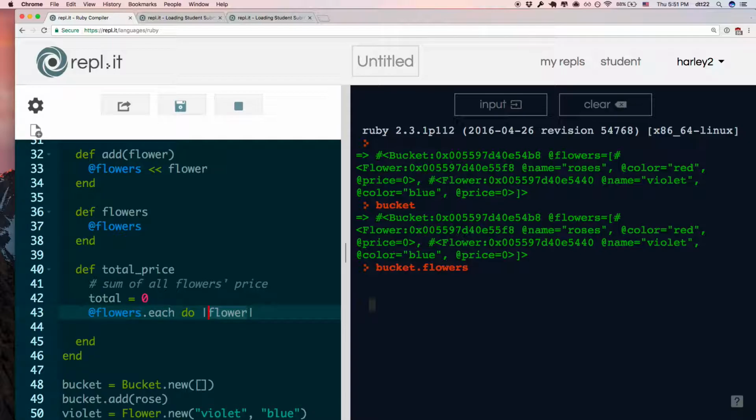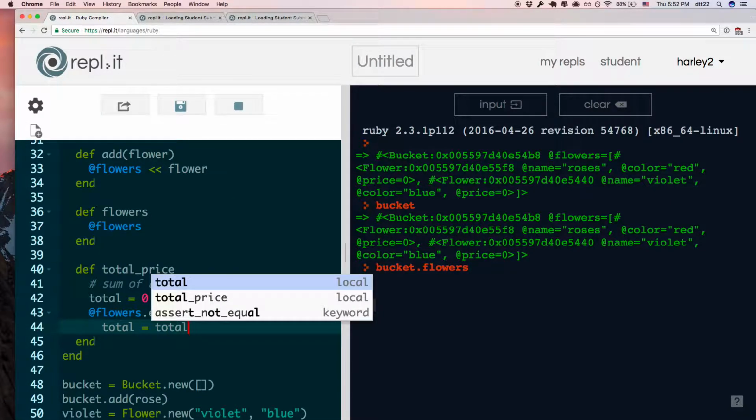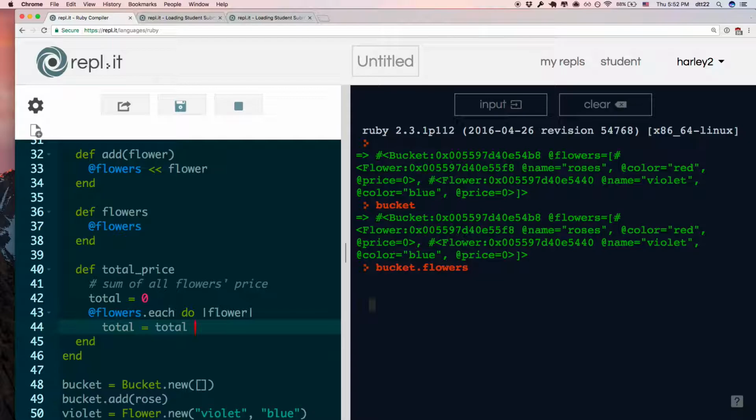Here, there's only one flower now. Right, what's inside here, Hồng? We want to count. Total equals total plus